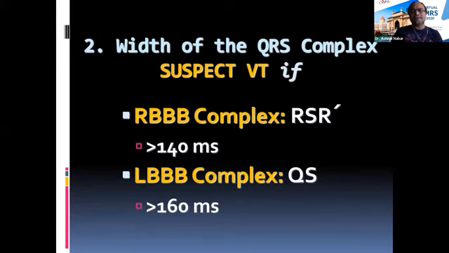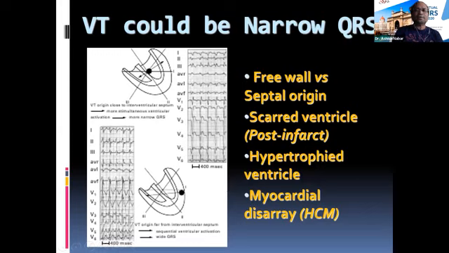Mind you, all these signs are only 60 to 65% accurate, and therefore in RBBB you may be more accurate by saying that if it's more than 140, I can bet on a VT. In LBBB you might be a little less accurate, but the width of a QRS is important. But a VT can also have a narrow QRS. Once again, it's important to remember this, that if a VT originates in the septum, then it activates both the ventricles simultaneously, and therefore it's narrow. So if you have a septal infarct, and then you have a VT from here, it can be a narrow QRS. Whereas if the VT arises from close to the conduction system, once again, it can be a narrow QRS.